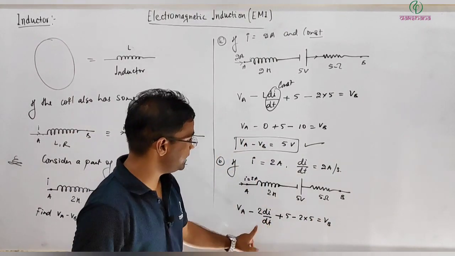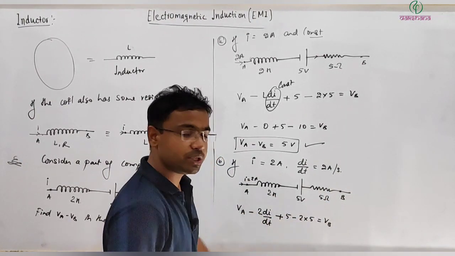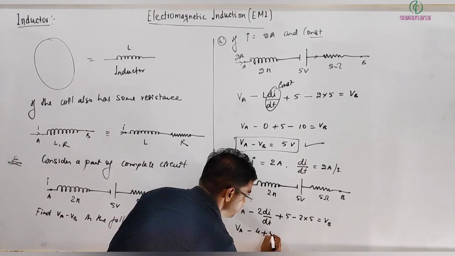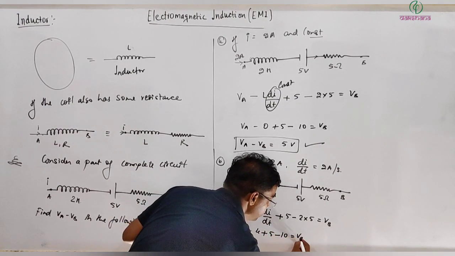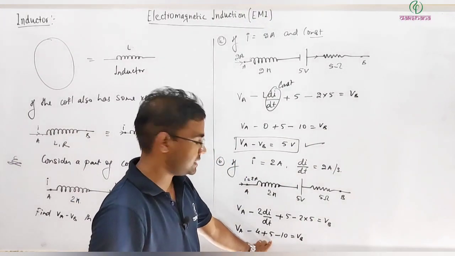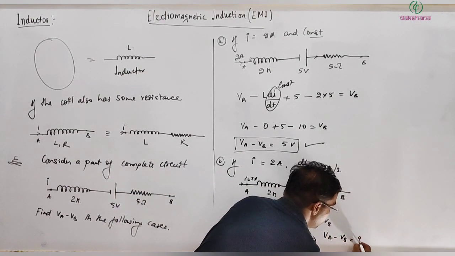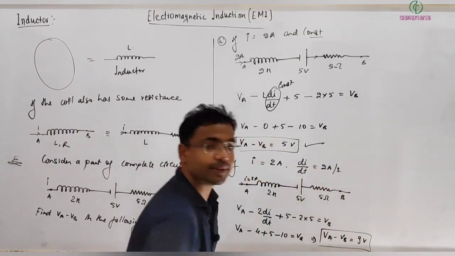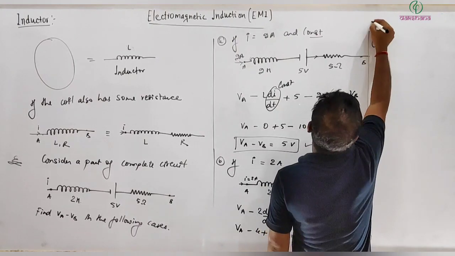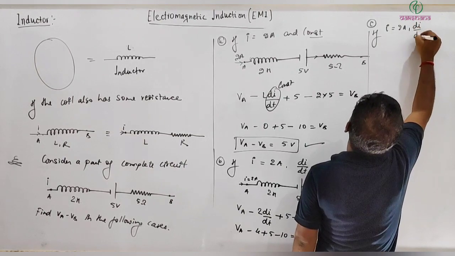Clear? Now di by dt is what? It's increasing, so it's positive, plus 2. So then I can substitute it here. So this is VA minus 4, 2 into 2 is 4, plus 5 minus 10 equal to VB, and what is it coming out to be? So it's basically minus 14 plus 9, so it's minus 9, and we are getting here VA minus VB is equal to 9 volt. Clear? In exactly same manner, if C part, I is equal to 2 ampere and di by dt it's decreasing